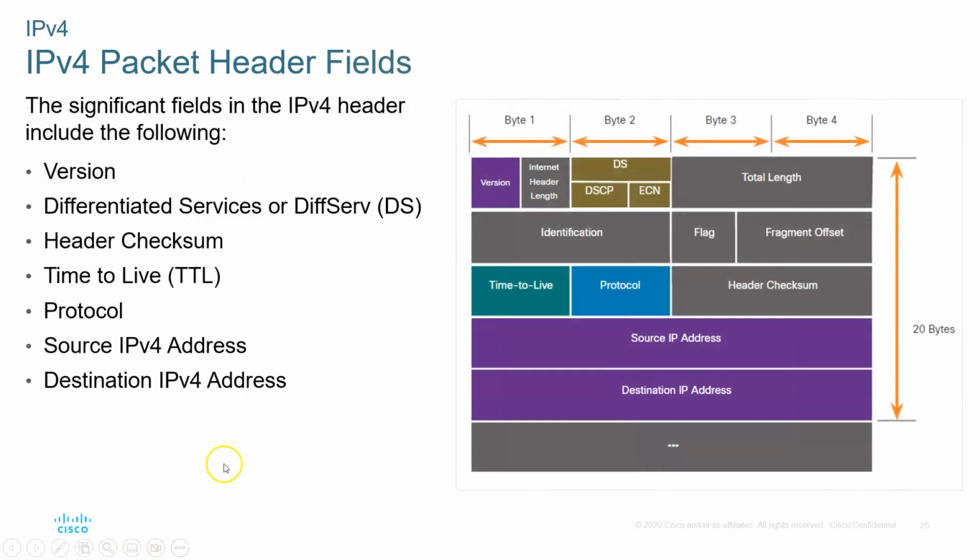Here's a picture of all the different types of labels that are placed on the data. Here's your data. Here's your destination IP address, which you get from the DNS server, and the source IP address. Here's the TTL number. Every time you go through a router or hop, this is decremented. If it reaches 0, then the whole packet is thrown out. This is to indicate that this is IPv4, a checksum to check the data, and so on. This indicates version 4, and so on. Okay? So take a picture of this, screenshot,